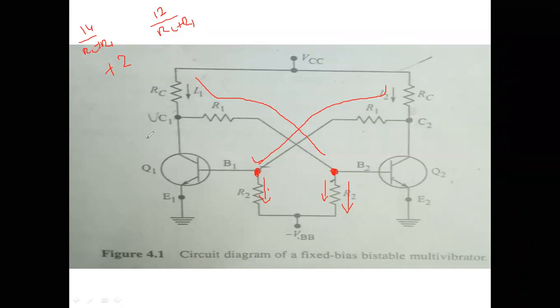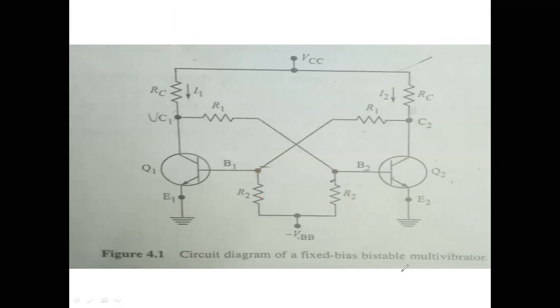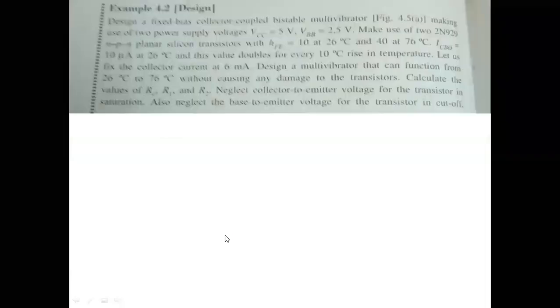Once you know I3 and I4, you get two equations. If you solve those two equations, you get R1, R2, and RC. This is regarding your third sum. I think you have understood the model. These are the two models in designing: by considering the IBE current and without considering the IBE current. We have to solve in these two ways. These are the two models in the designing aspect.